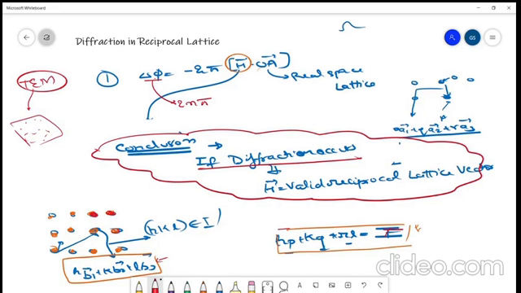So whenever there will be a diffraction, the vector which will be created in a reciprocal lattice will be a valid reciprocal lattice point. It will be a point. It will not be a vector something like this. It will not be this. It will be a valid reciprocal lattice point. We'll see in more detail in the next video why this is so intriguing. So please keep this conclusion in mind. If diffraction occurs, H is a valid reciprocal lattice vector, or it will represent a lattice point